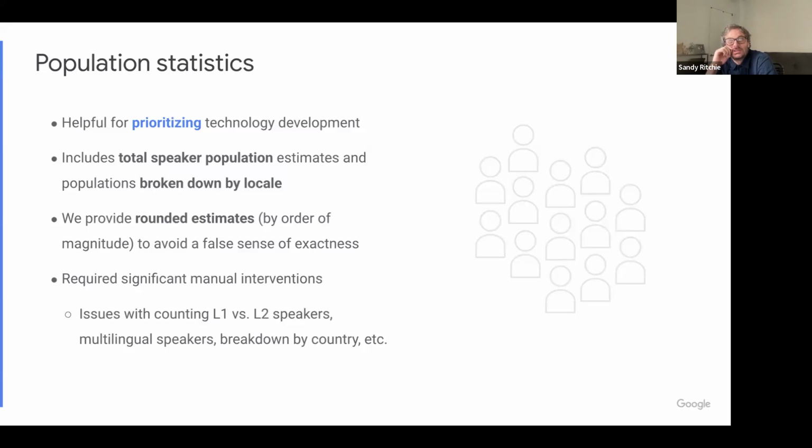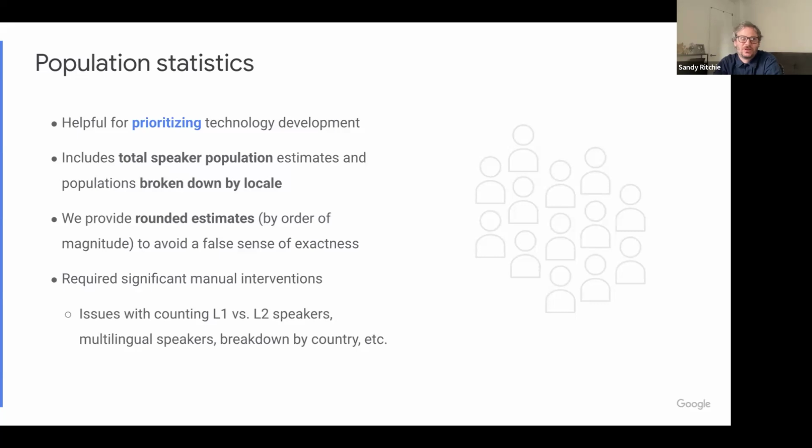But if you look at those statistics across different source repositories, sometimes the number reported for a language in a country in one repository is actually larger than the number for the entire language in another repository. So there are a lot of discrepancies between various sources, and it's quite difficult to make informed decisions,